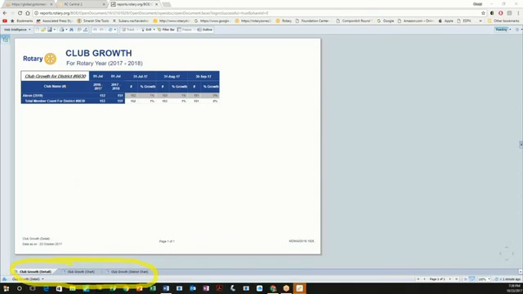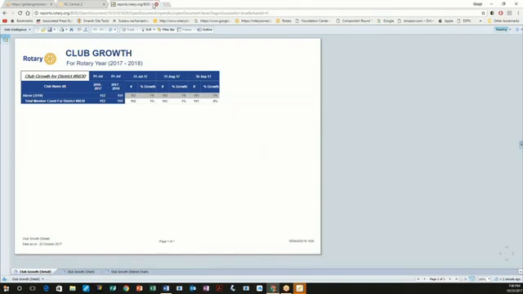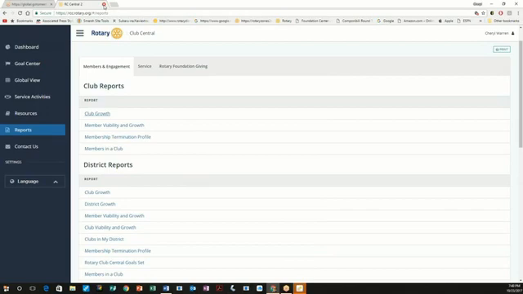Now, the other thing about these reports, if there's more than one page, over to the bottom right here, you'll see little tabs. And if there's more than one page, you'll click on those to go up and down or sideways, depending on how the report is run. To export these, there's an export button at the top, and you get an option on how you want to export them. So you just tap on that and it gives you export options. Again, if you need additional assistance on reports, give me a call and I'll be able to walk you through that.